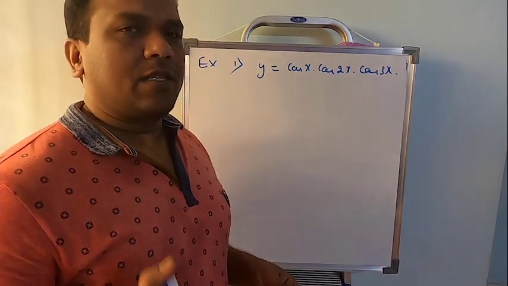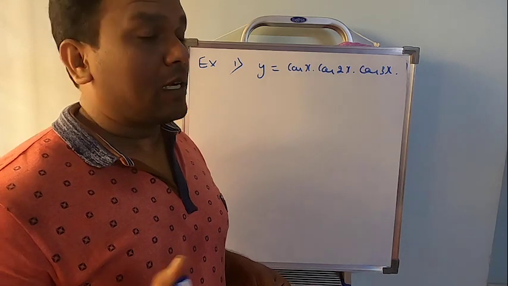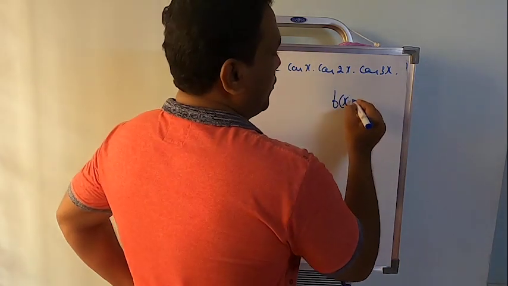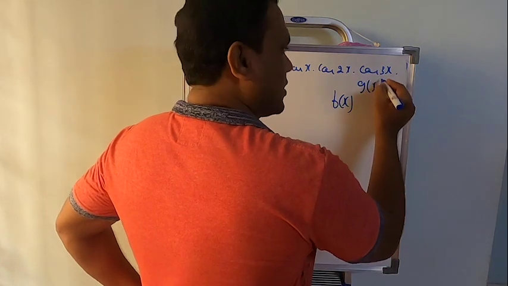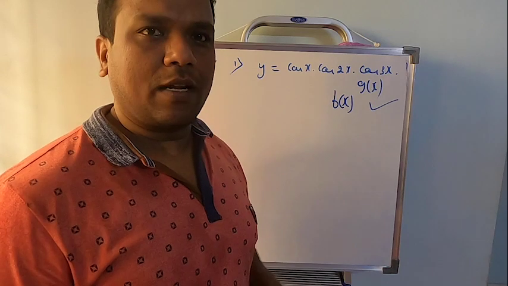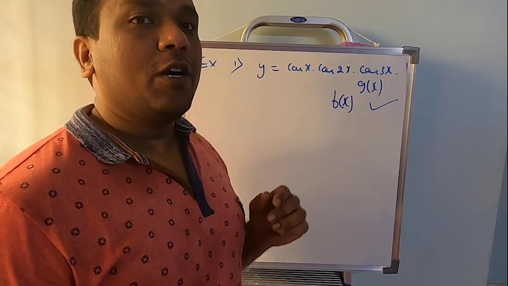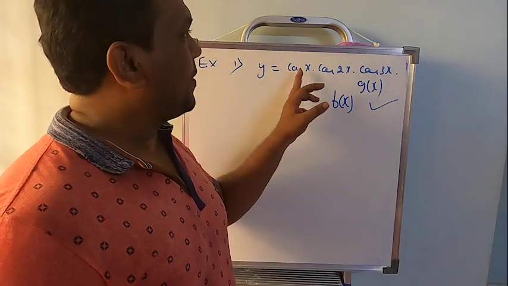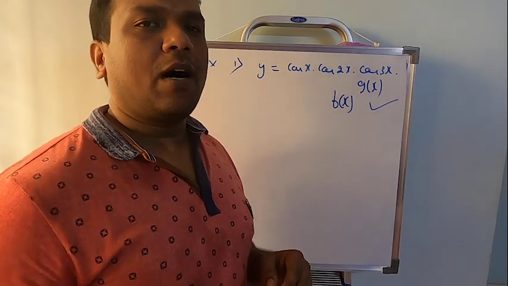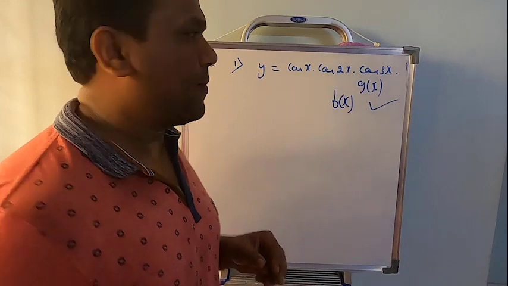There are actually two methods for this. One is to apply log. Sir, you will be asking, sir, you said apply log only if you find function to the power function. Yes, correct. So for this one, actually log is not required. We can do it directly also. If you want to do it directly, apply the formula of cos a cos b. So what is cos a cos b? Half of cos of a plus b plus cos of a minus b.